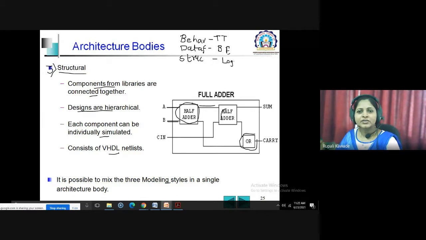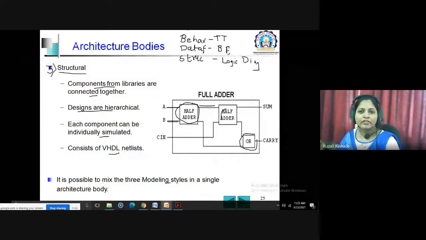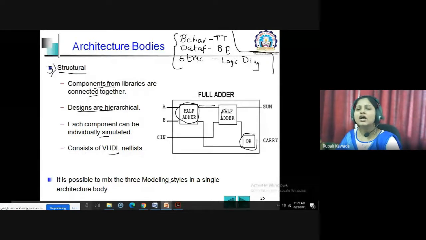These are things you have seen in the design of digital circuits: the truth table, the Boolean expression, and the logic diagram. If you have any one of these specifications with you, then you are able to write the functionality of the design using these modeling styles.